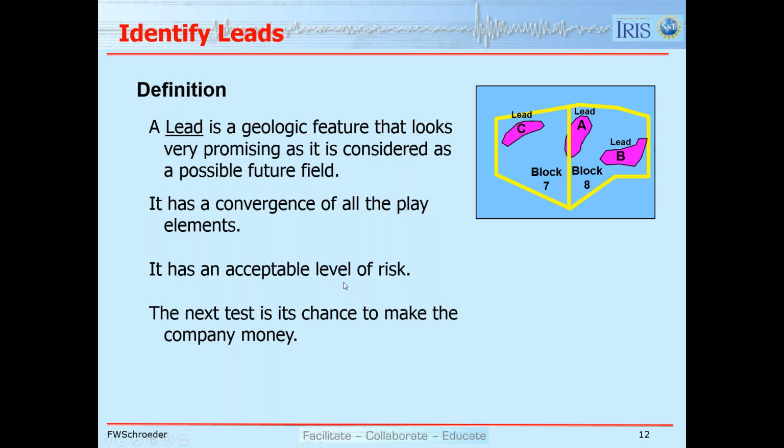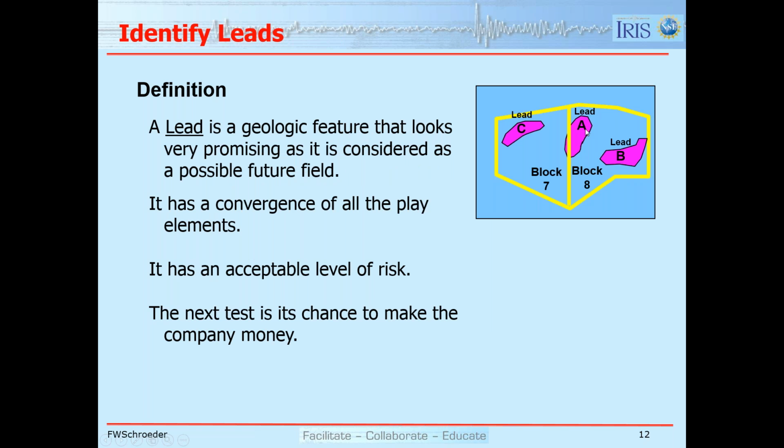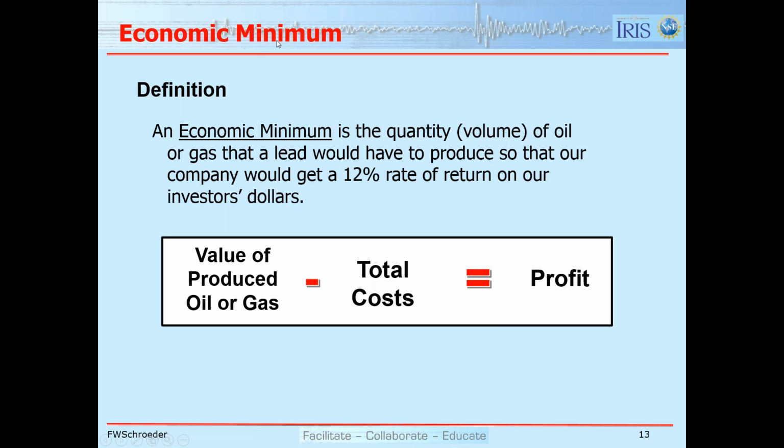We want to have an acceptable level of risk, and we want to see if it's likely that it's going to make some money for our company. We talk about an economic minimum, and so if I go up a slide, let's say we are interested in block 7, and lead C is the main thing that we're interested in for that block. That lead 7 would have an economic minimum, and by that I mean a quantity or a volume of oil or of gas that would lead to produce enough so that our company would get a 12% rate of return